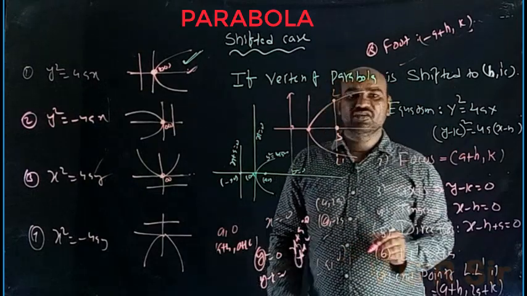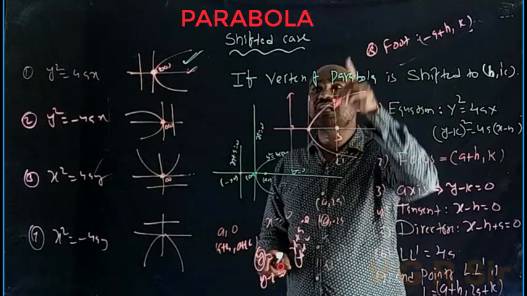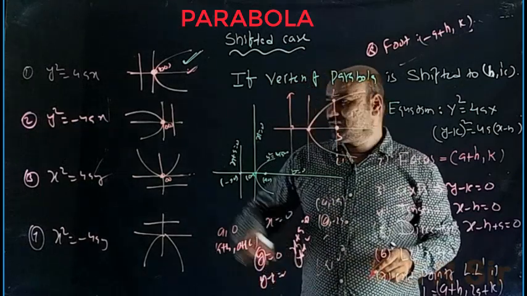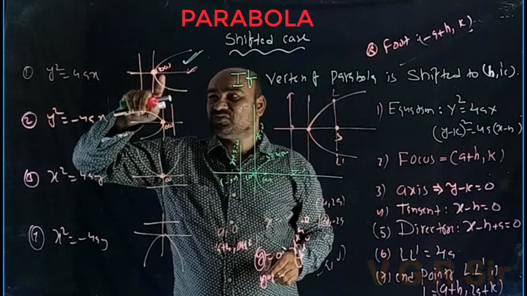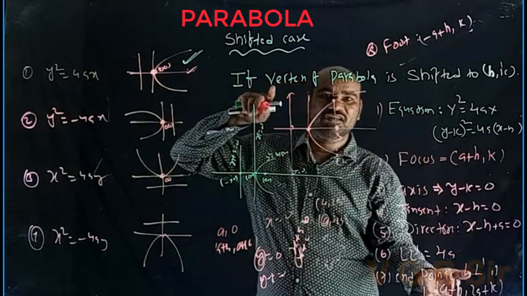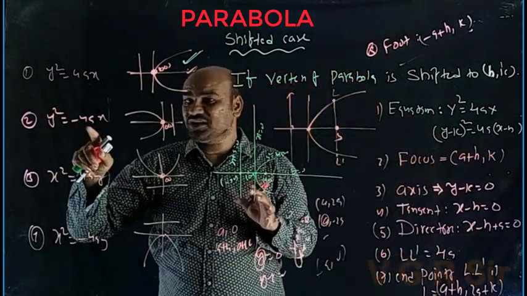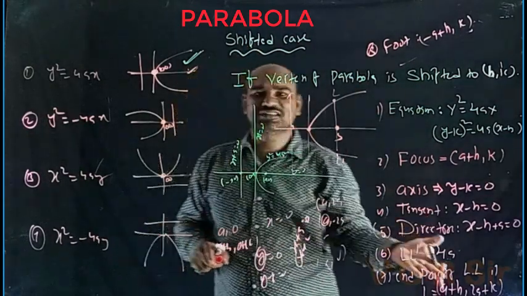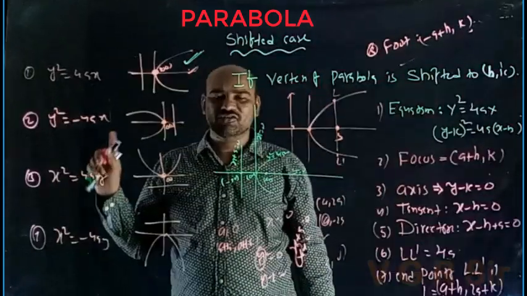So in this way you can write everything for the transformed parabola. The transformed case, or another way I can say the shifted case, is important. So if y square equal 4ax is shifted to h comma k, what is the meaning of that? Its vertex is shifted to h comma k. So these are the things about that parabola. Similarly, if y square equal minus 4ax is shifted to h comma k, it means its vertex is shifted to h comma k, simply you can write. That is not a big problem. Similarly, for this parabola and for this parabola, you can write.